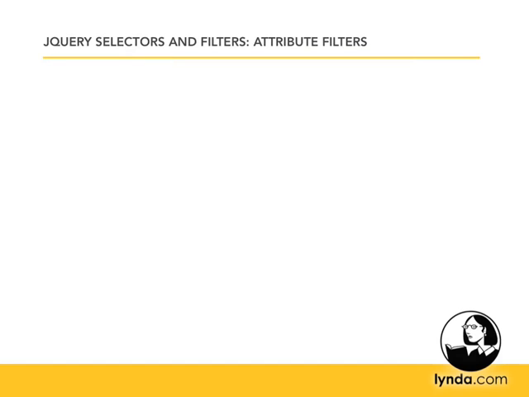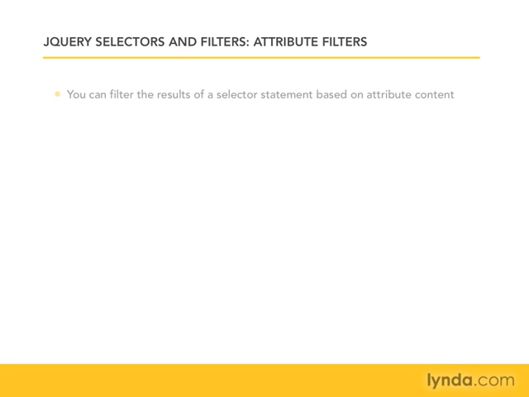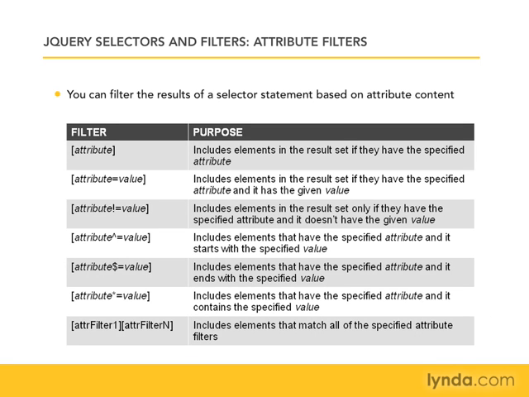Now that we've taken a look at some basic jQuery selectors and filters, let's get a little more advanced. We're going to look now at attribute filters. Attribute filters provide the ability to further filter out the results of a selector statement based upon attributes that are on the elements being selected. And you can see here I've listed a table of the available filter attributes, so let's just go down the